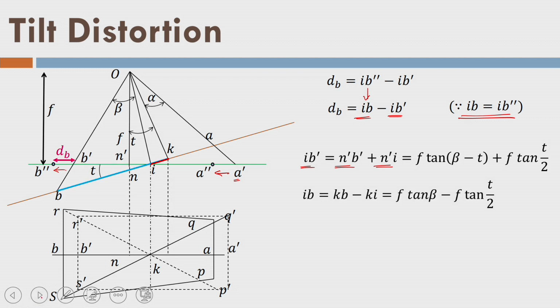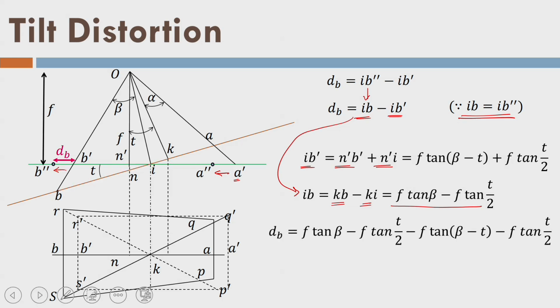So, now I can see that IB is equal to KB minus KI and equal to F tangent beta minus F tangent T by 2. Now, similarly, I can write that dB is equal to F tangent beta minus this distance, that means I am just doing some algebraic summations here,